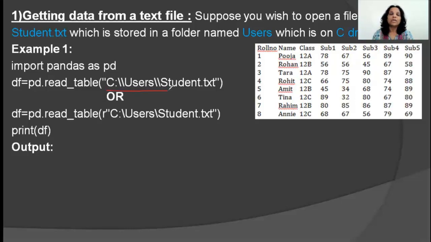If you need to specify a location which is not your current directory, you specify the entire path. This is called the path name. C: would mean C drive. / users would mean users folder, and student.txt would mean the name of the file. Now, coming to the double slash, I hope you remember in class 11 we have learned that backslash is an escape sequence. You remember writing \n, \t.